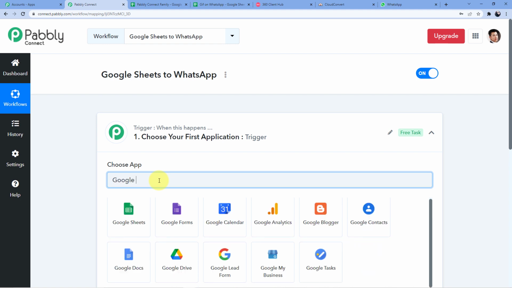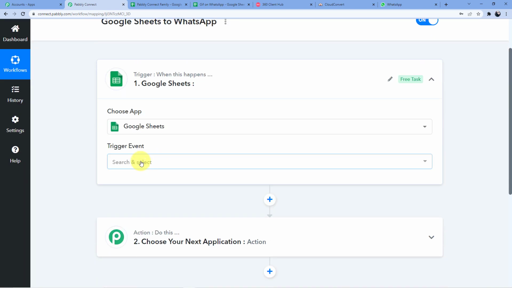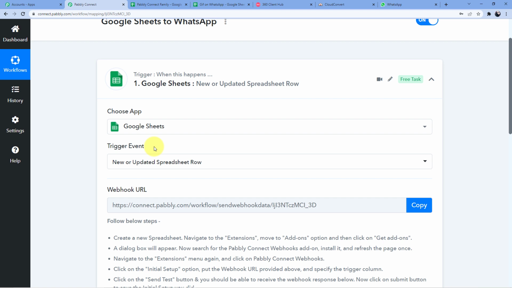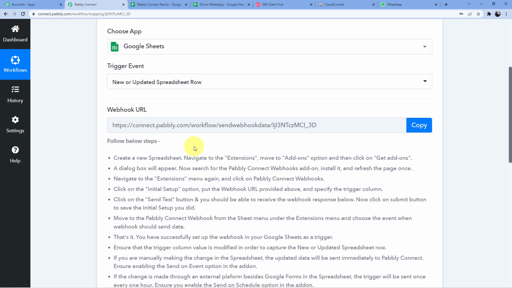So what are we doing here? First, we are going to take the Google Sheets. Now, which Google Sheets are we taking here? We are taking here that Google Sheet where we have our GIF image which we want to send to our members or to our customers or to our friends. So first you have to go to that Google Sheets and connect your Pabbly Connect account to your Google Sheets account through this webhook URL.